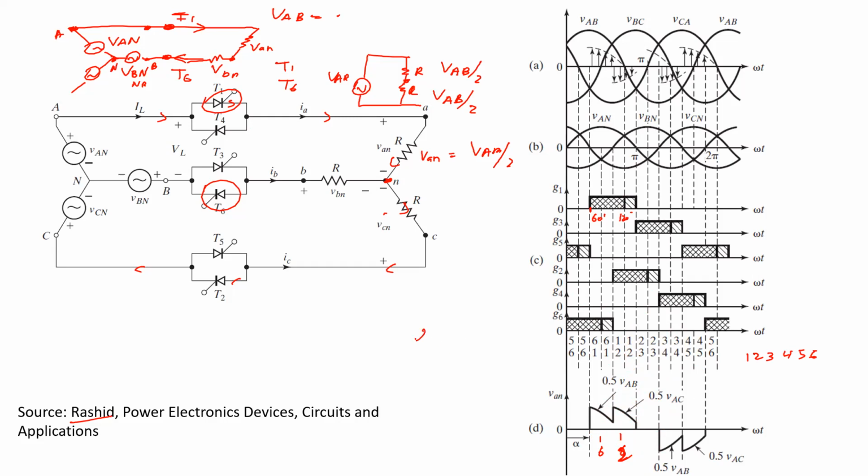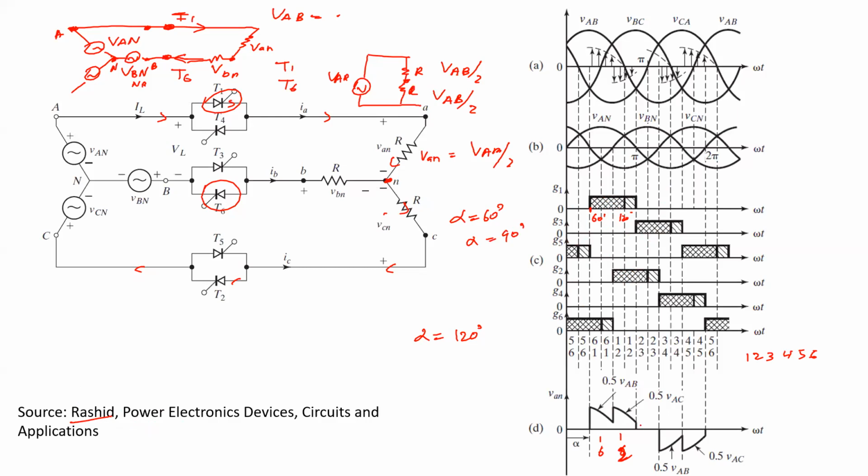For alpha equals 90, alpha equals 120, there's another configuration. In there, some of these firing locations will be empty. This is actually only for your knowledge. I'm not going to test this in your exam. I think in the NPTEL document there's also some error, because they have given alpha equals 60, but they have marked it as alpha equals 90. So don't get confused with the NPTEL document. Refer to Rashid's Power Electronics: Devices, Circuits and Applications book, you will understand. So please read it.